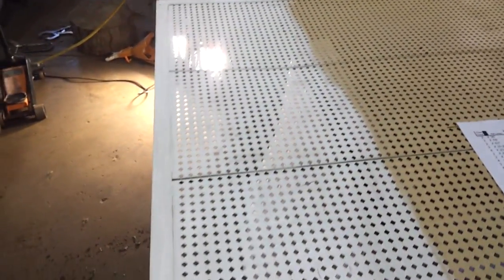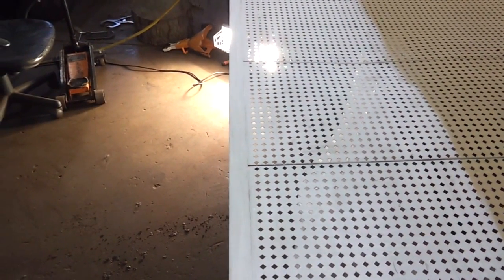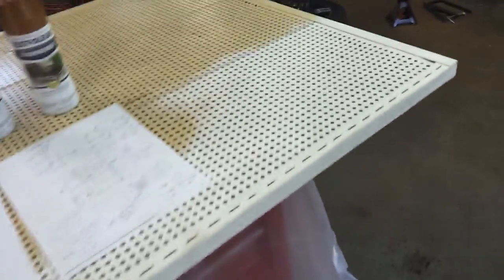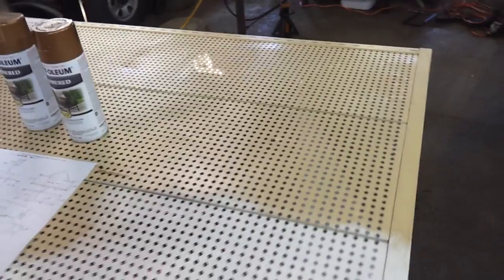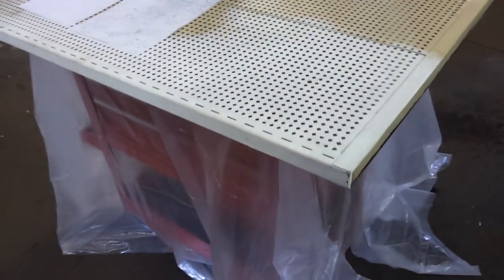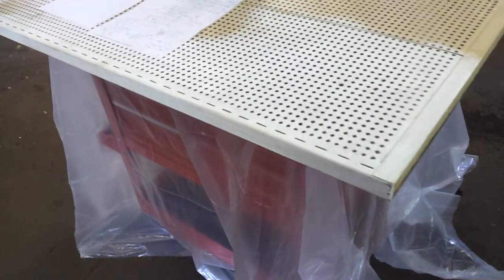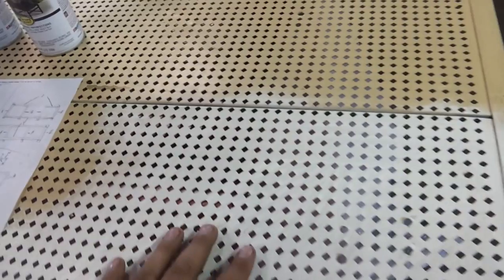Right now I'm only going to build one bench. I had talked about building three. There's only going to be two benches built, and here's the reason why. Initially I thought I was going to build these benches only 4 feet wide. I don't exactly know why I was thinking that, because it's a bit of a waste of material. I'm going to do them 8 feet wide, and the reason being is I think with these I'm going to make, at least with the first one, I think I'm going to do the